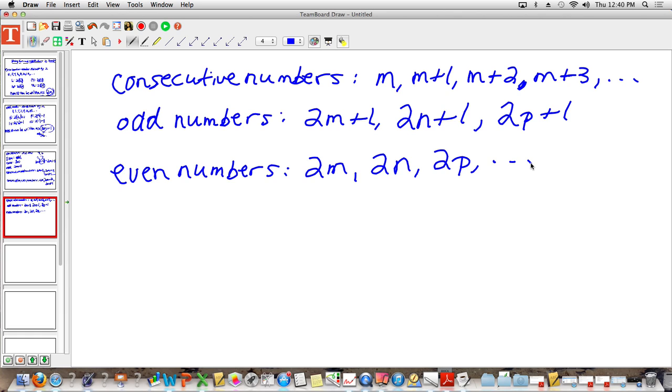Use this, highlight it. Maybe Chelsea will let you use one of her highlighters. Star it or something, okay? Put a box around it because this